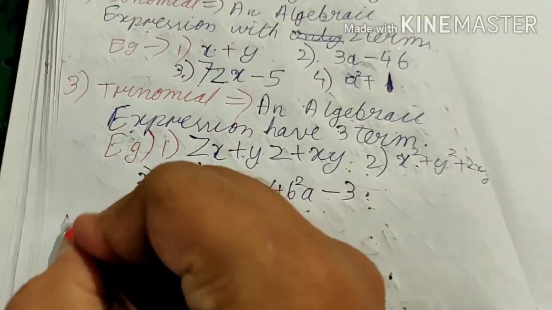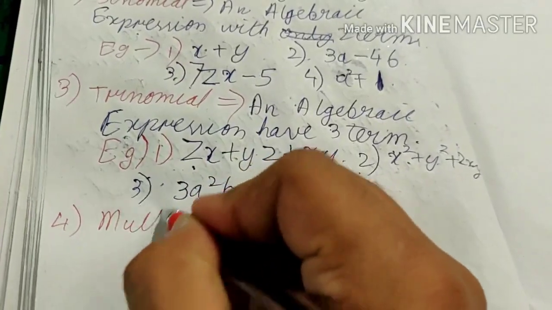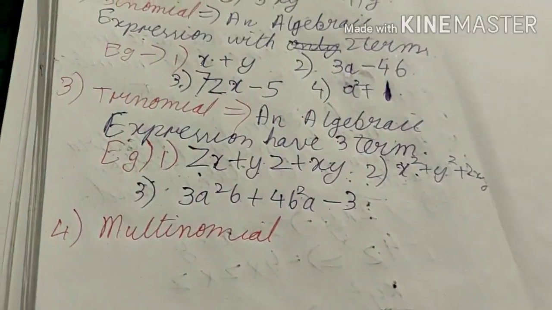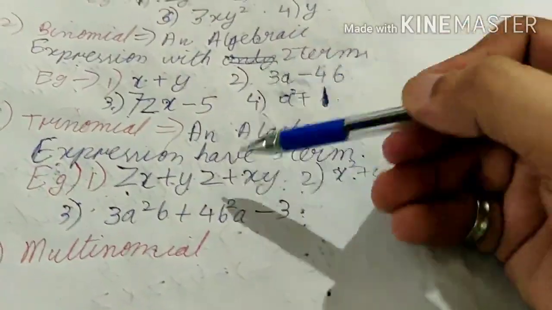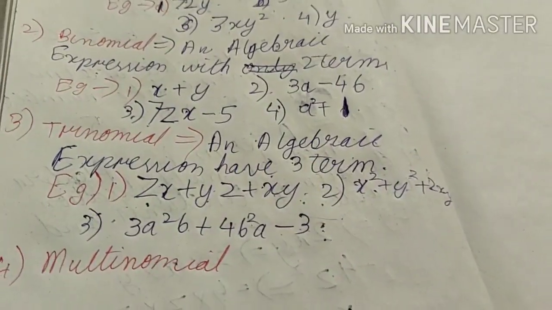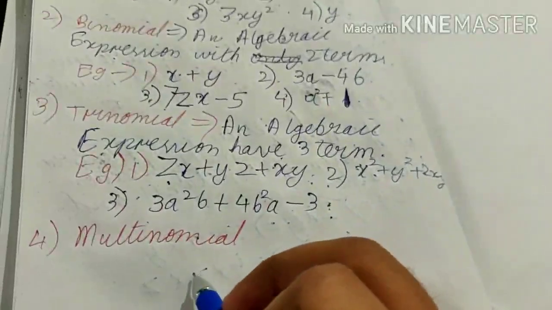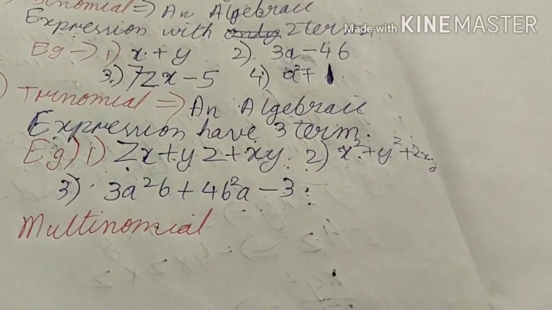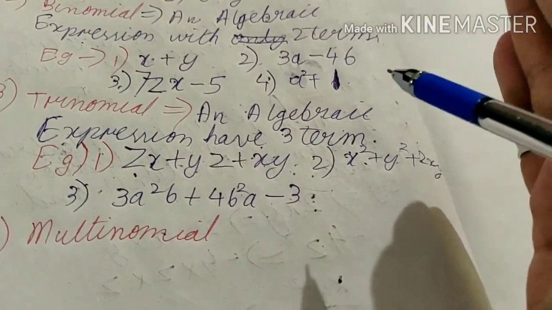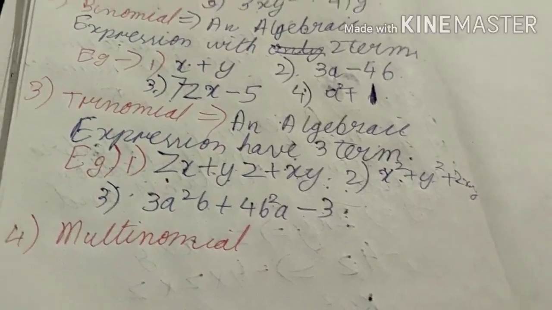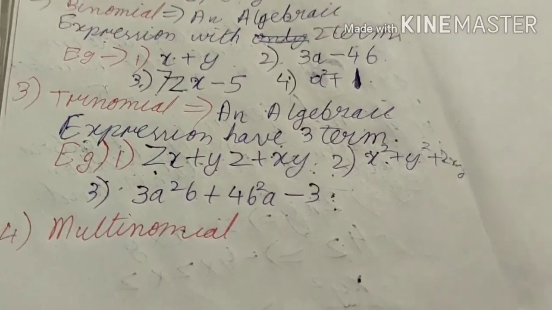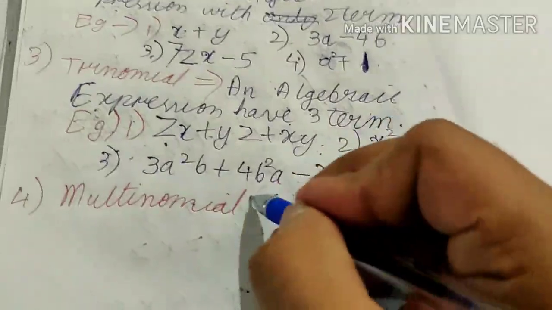Okay, what is multinomial? Our next type here is fourth, multinomial. Means in which there are two or more terms present in it. But at least two or more terms are present in this, then it is a multinomial term. Like there can be 5 terms, 6 terms, 100 terms. These are called multinomials. And remember, the terms should be separate. No same type of term should be present there. If there are same types of terms present there, then they can be added or subtracted. I will give you further examples for it.